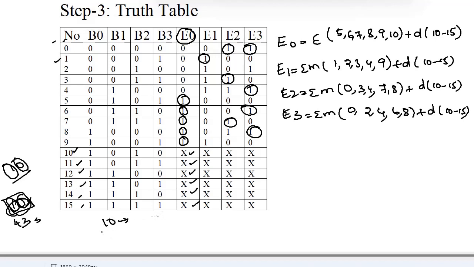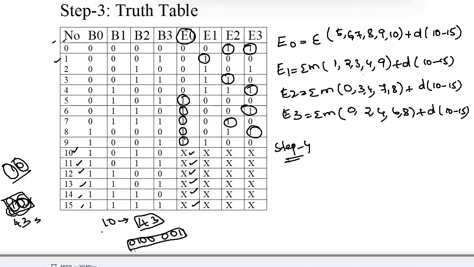If you represent 43 in excess3 representation, the value is 0100 and 0011. So the total number of bits is 8 bits. But we are converting 4-bit binary to 4-bit excess3. That's why we are indicating 10 to 15 as don't cares, the excess3 equivalent values. Now the next step is minimization. Step 4 is minimization of functions. So draw the individual K-map and minimize the variables.